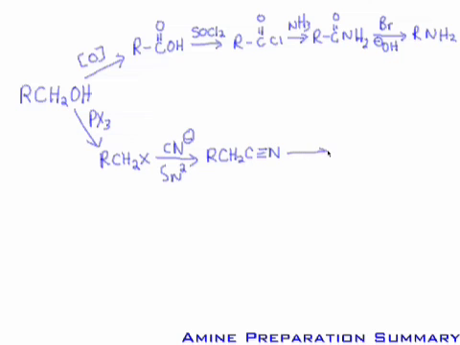Now if we reduce the nitrile using lithium aluminum hydride or catalytic hydrogenation, some reduction process, square brackets H means reduce. Lo and behold, we now have an RCH2, another CH2, and an NH2. And you'll notice we've produced an amine with one extra carbon, one more than the original alcohol. Lastly, though,